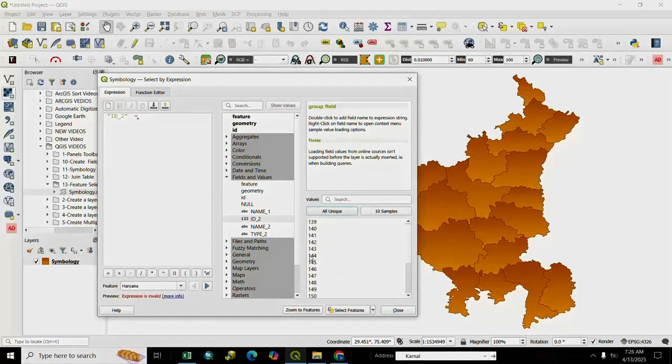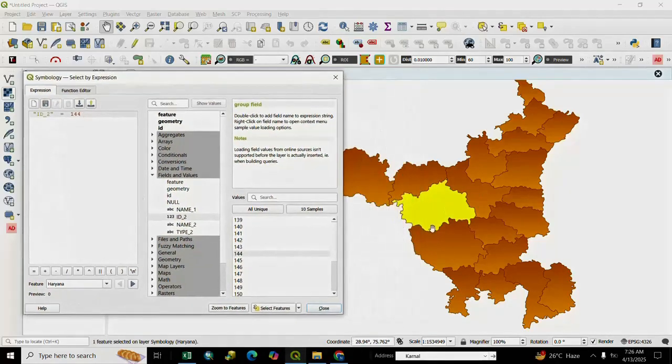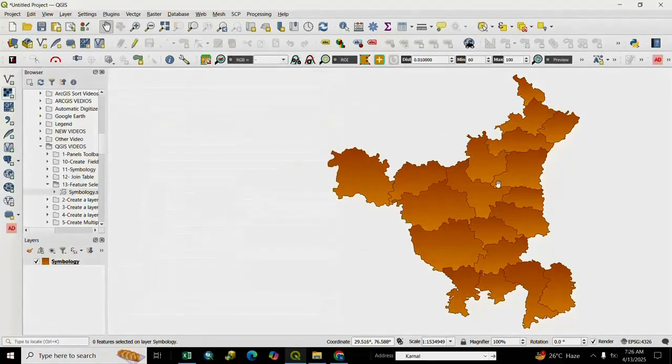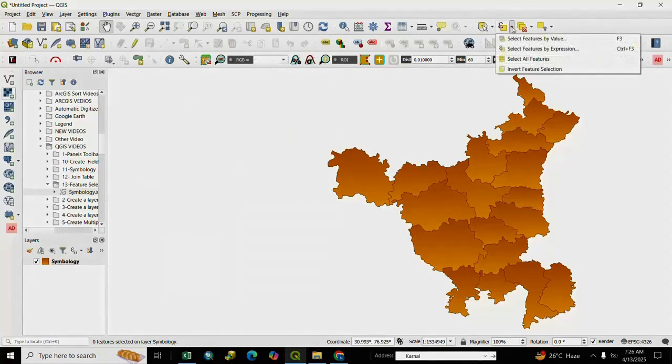We select here 144, and after it we click selection. Our feature is selected, and we unselect it and close it, and next we go to selection, and if you